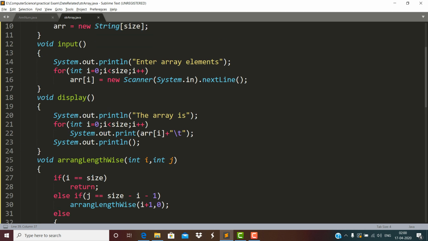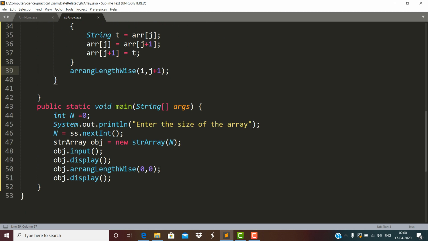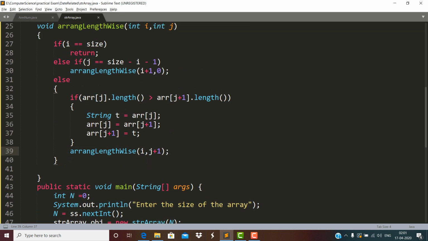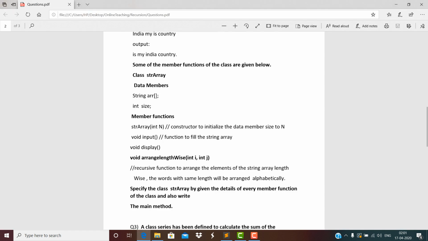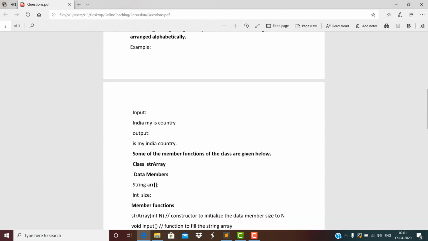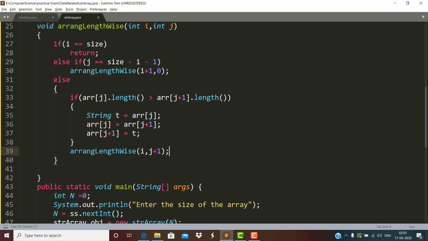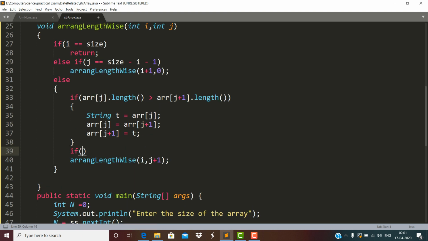But here one small change I would like to do. Anyway, we want to just go through the problem. And what was the problem? The problem was India my is country, and these two words my and is are arranged alphabetically because the length is exactly the same. So for the same we have to do that. And how to do? Here we have to put another condition that if arr j dot length